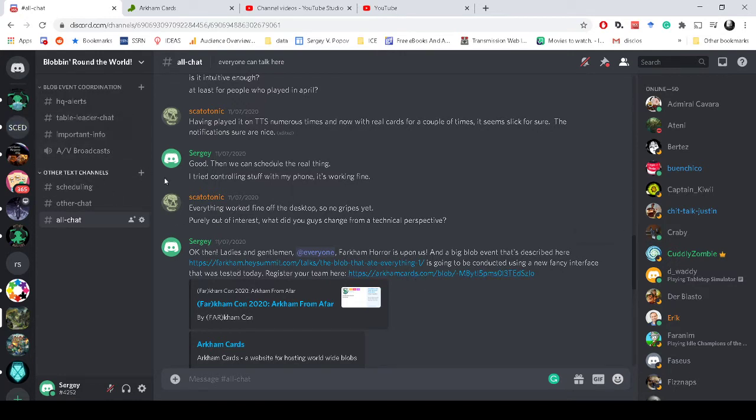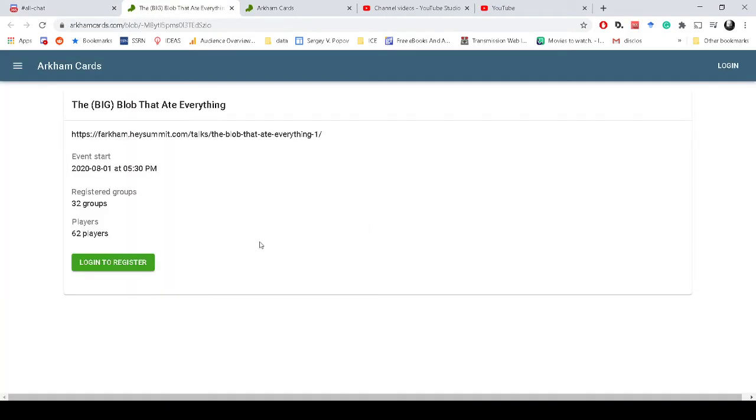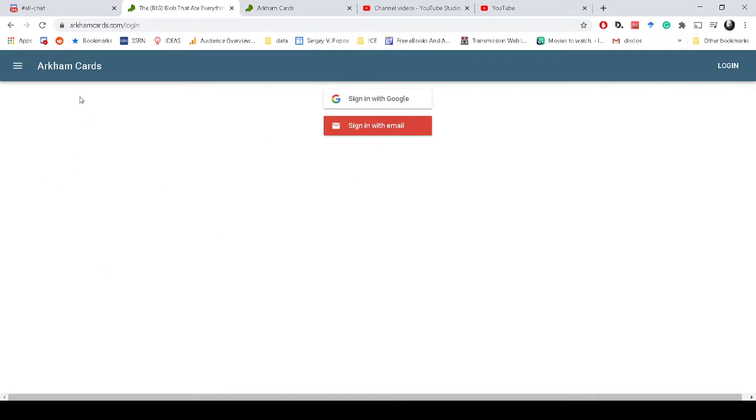So in Farcon there is going to be a link. There is a link in the Blobbing Around the World Discord, and you register here. And it asks you to log in, right? And we're going to do that, but